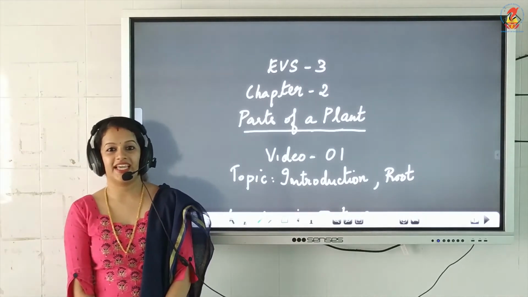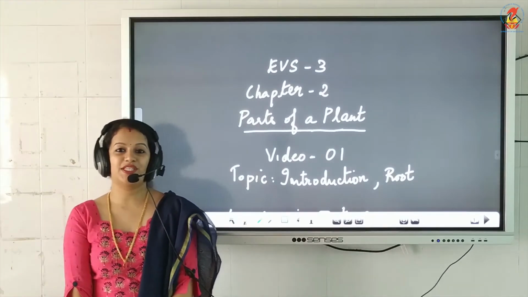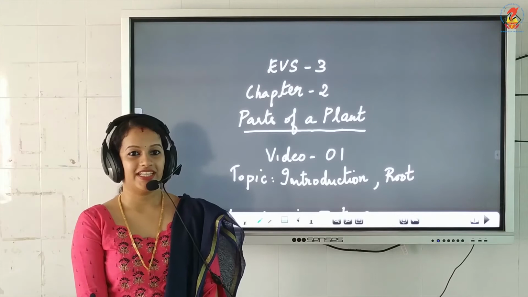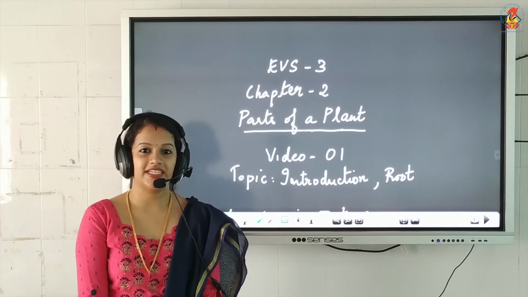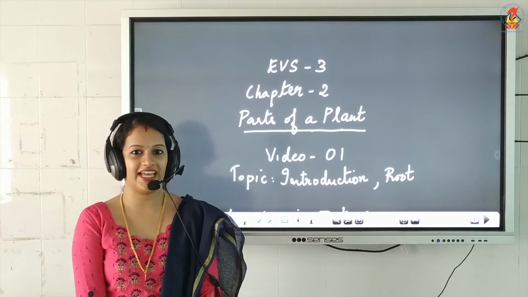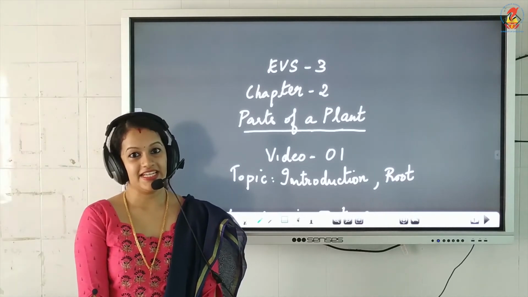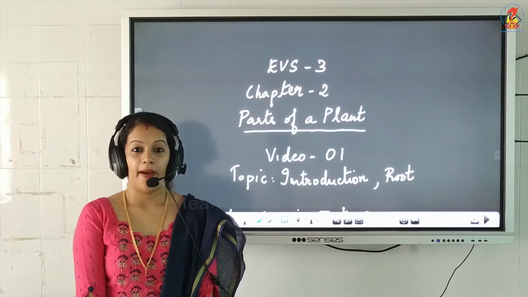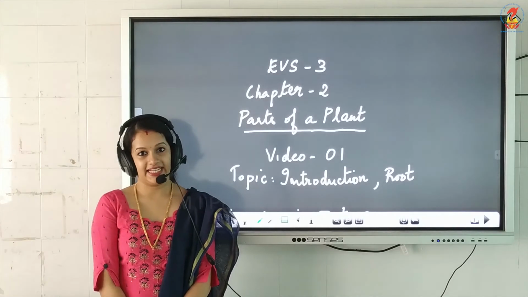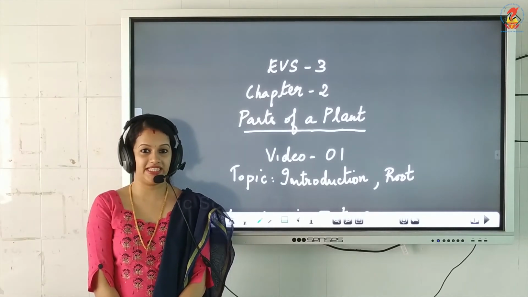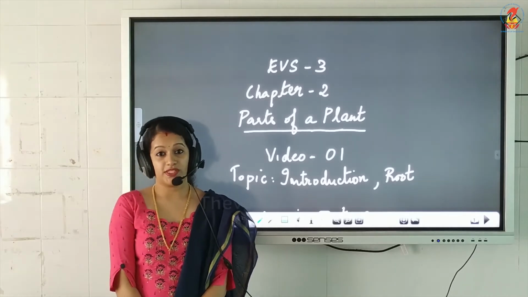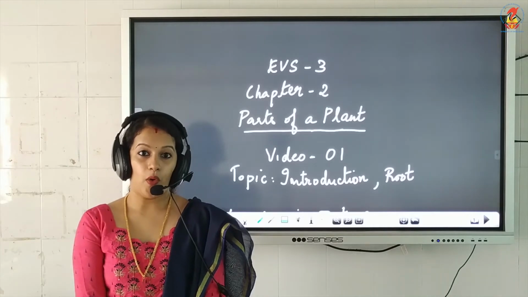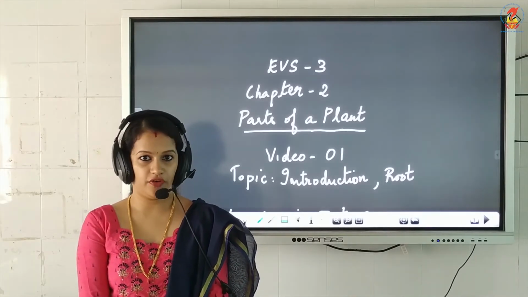So when you hear the name plant, what comes to your mind at first? You feel about the greenery, isn't it? When you hear the term plants itself, the first thing that comes to your mind is the green scenery or the green environment around us. So, plants make our planet green, or it makes our environment green. And you also know that it gives us oxygen. So, let's see what are the different parts of a plant.